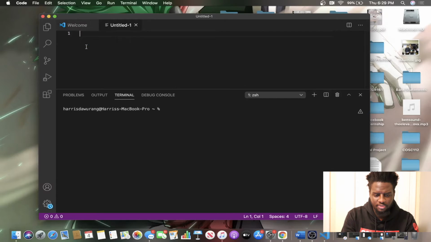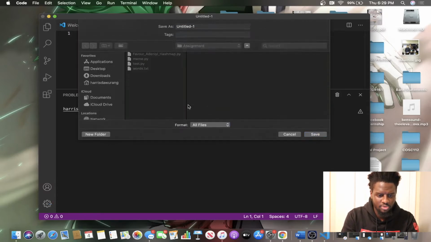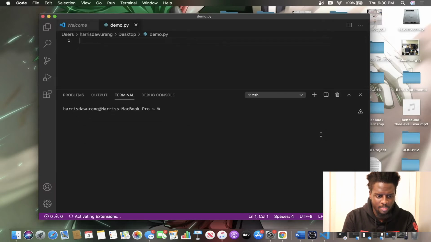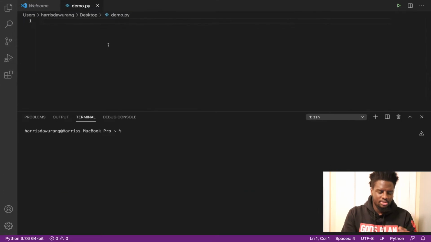So I'm going to open a new file and I'm going to save it before I start typing anything. Let's just call it demo.py, and I'm going to save that to my desktop. There we go, demo.py. All right, so guys, the first thing I'm gonna talk about is the print statement, because